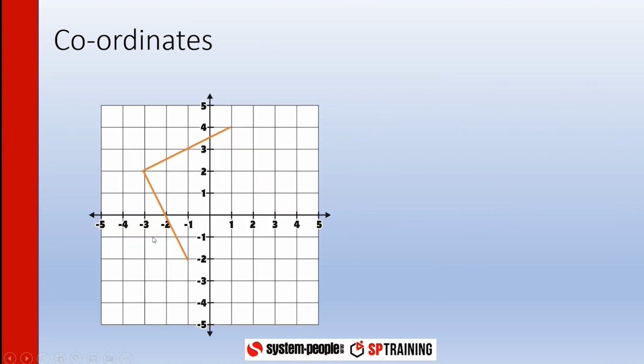And if we go on a little bit further, let's have a look at a question that you could get. We've got here a grid and we've got two sides of a square, and it says what is the missing coordinate of this square. So we've already got (-3, 2), we've got (1, 4), and we've got (-1, 2) here, and we've got to find the other